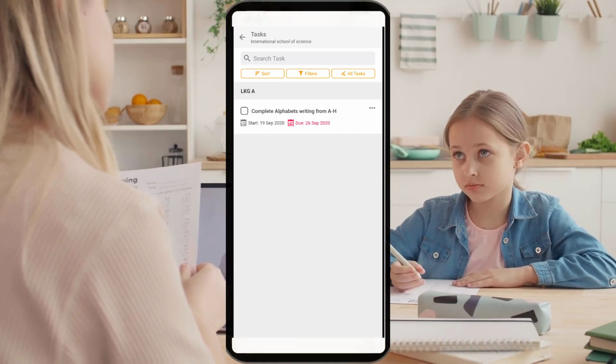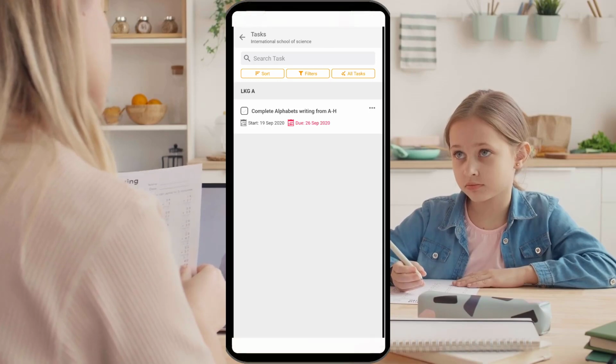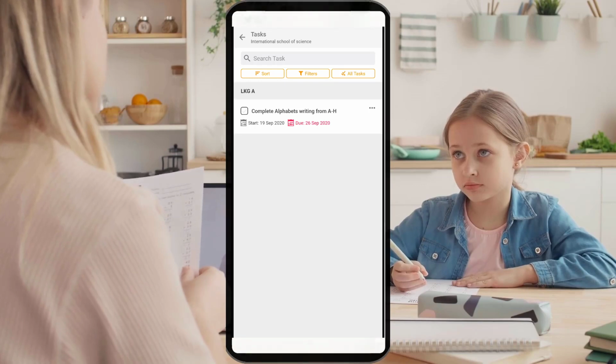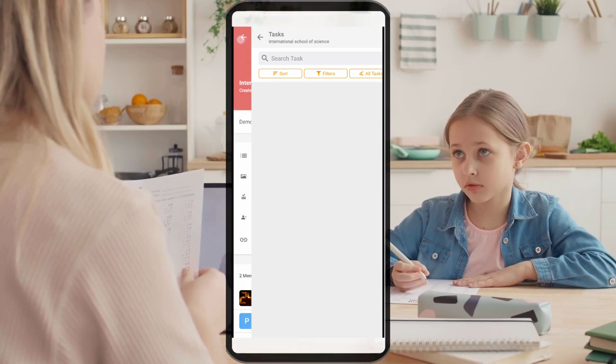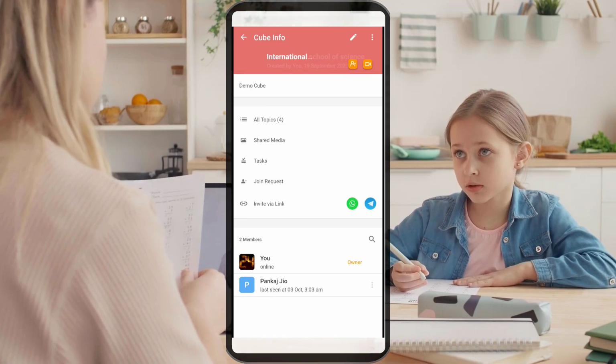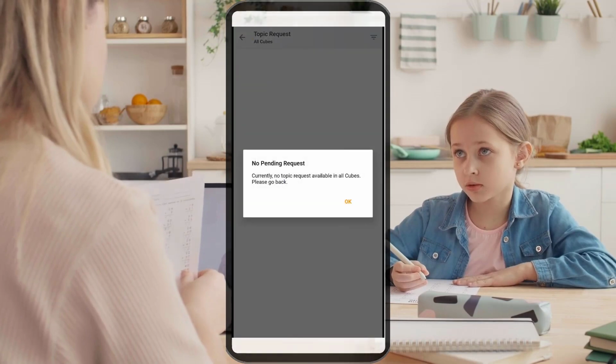You can straight away check the status of all the assignments or all the activities that have been assigned to someone, when these activities started, and clicking on any individual task will take you to that particular task, and from there you can check out all the details associated with it.